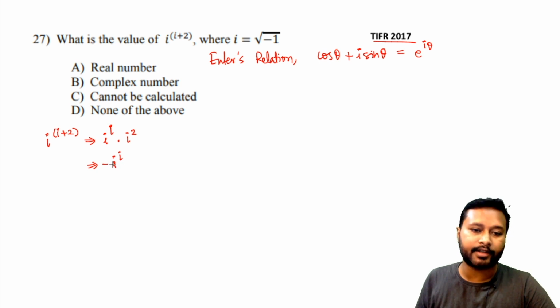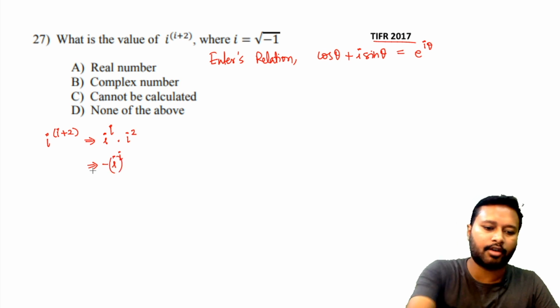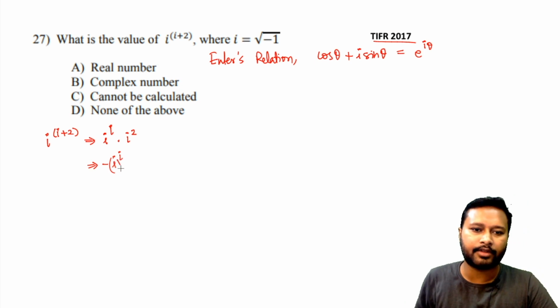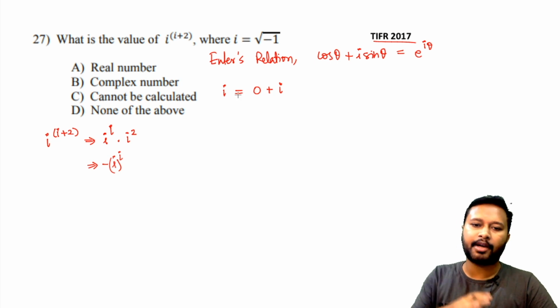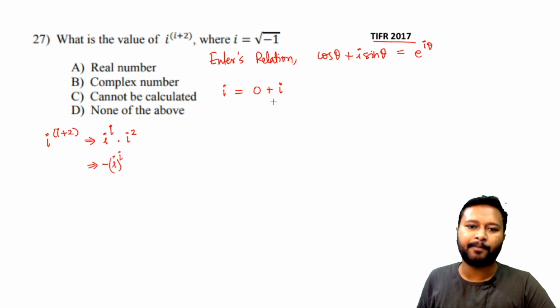Let's try to understand and solve how you are going to actually get something out of it. So iota to the power iota, that's what I am going to solve now. Okay. So what I can do is write this iota, which is a purely imaginary number, with real part as 0 plus the imaginary part. So 0 plus i, I'm just writing the real part and the imaginary part as such. Or I can just write it as i multiplied by 1. Nothing harm in that, right?